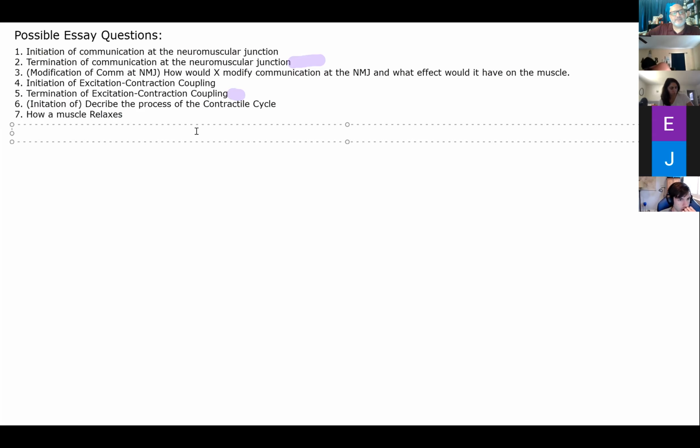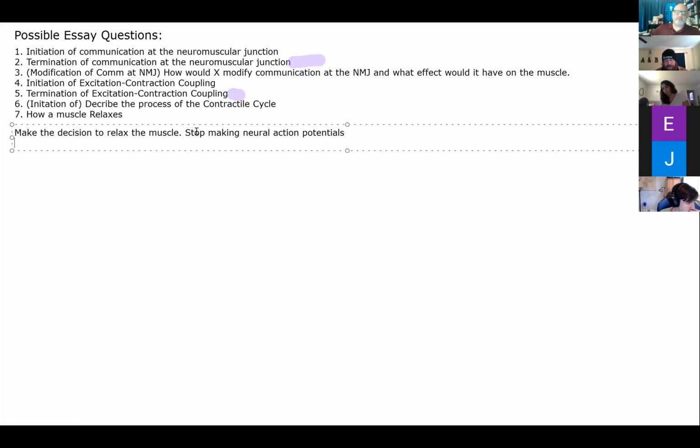How do you get a muscle to relax? What's step 1? Decision in the brain to not. Excellent. And when you make the decision to relax the muscle, what happens? No new neural action potentials. Excellent. Stop making neural action potentials. There's no new big